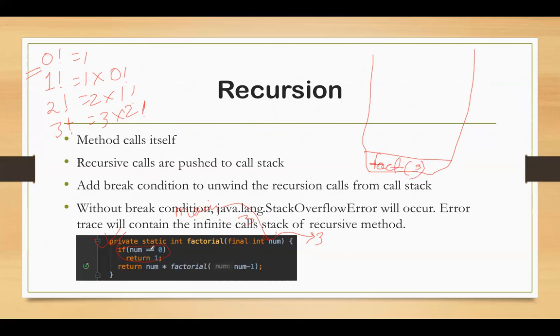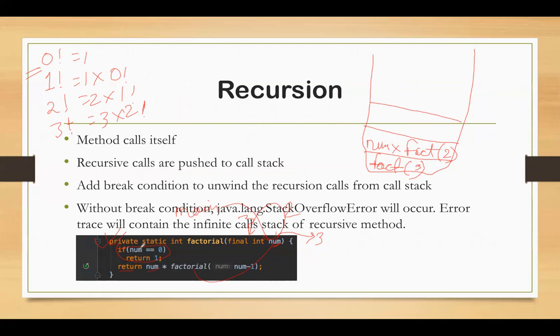It's seen that it's not equal to 0, so it will go back to the return, and here it will do number into, so over the stack it will do number into a factorial of n minus 1, which is 2, and we'll call back to the same method with argument as 2 in num. So over here in the num, it will be 2.